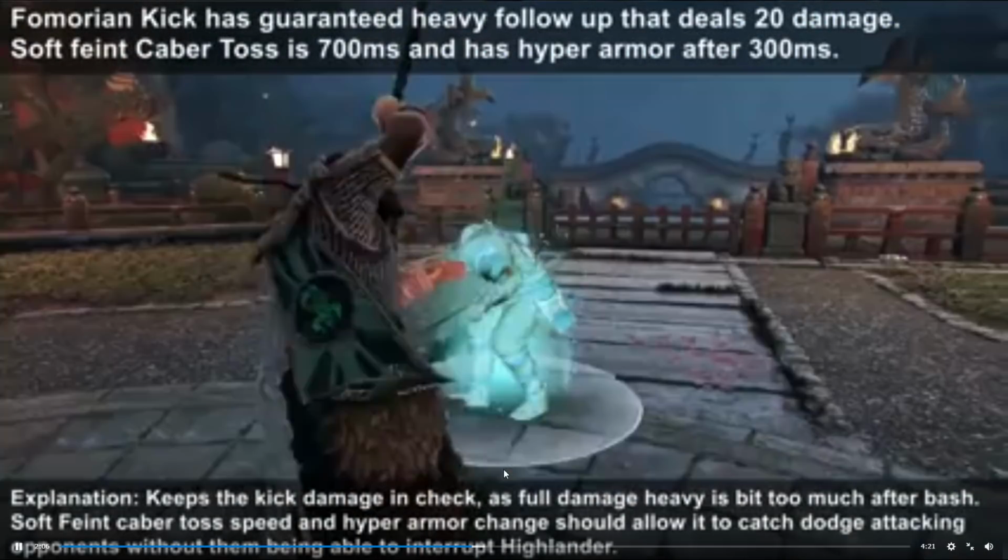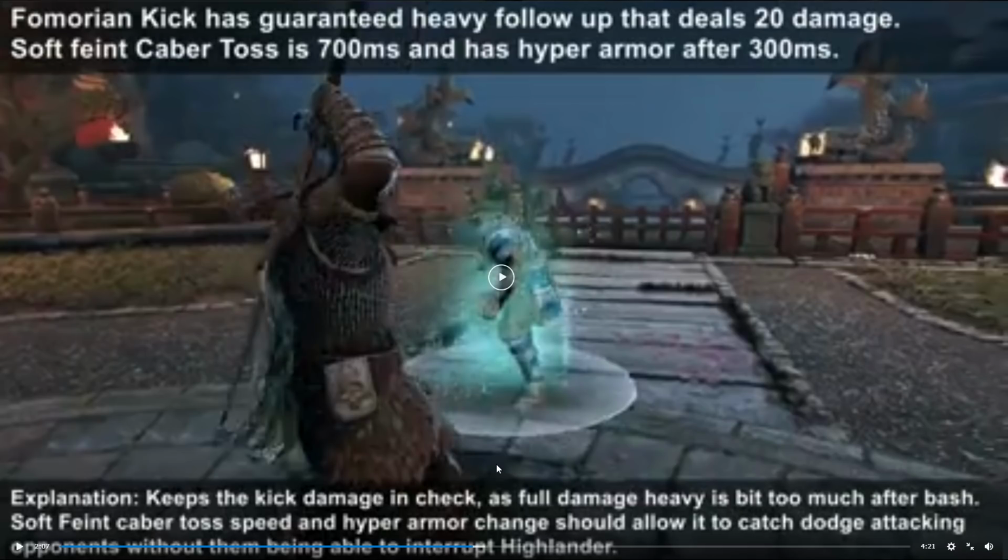Fomorian kick was a guaranteed heavy follow up that deals 20 damage. Softening keeper toss 700 and add hyper armor after 300 milliseconds. All right, so